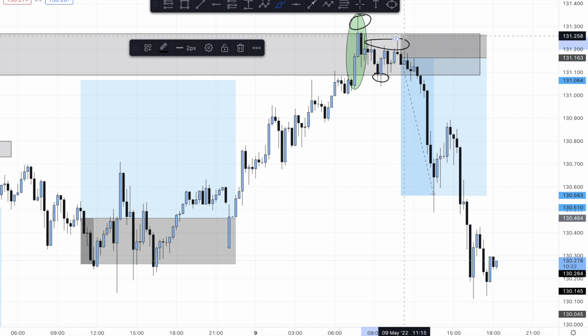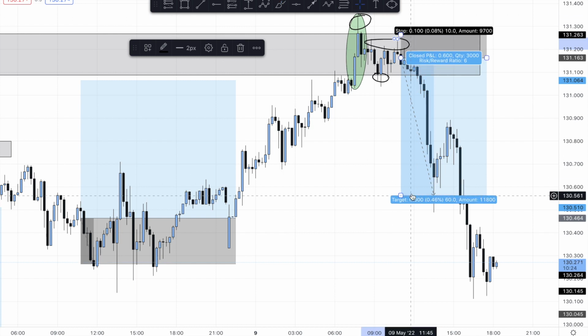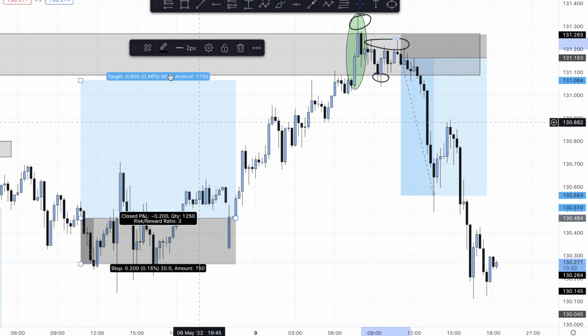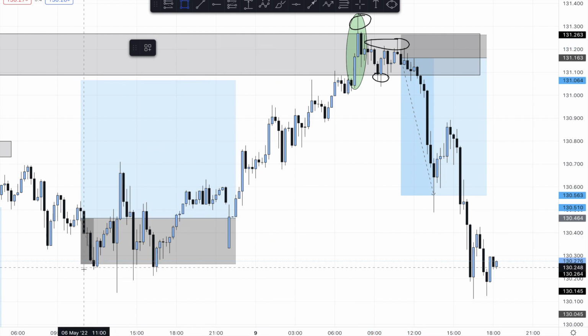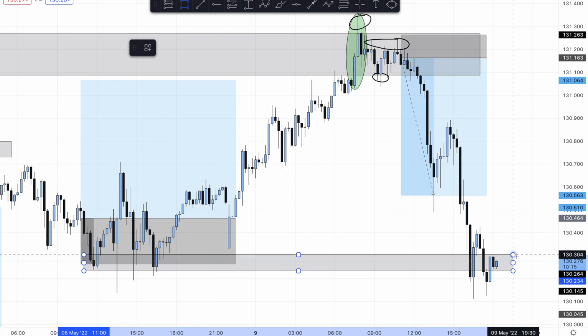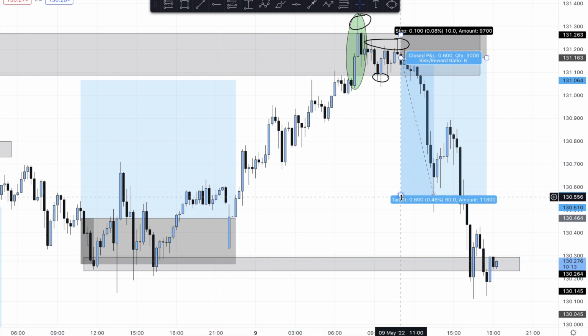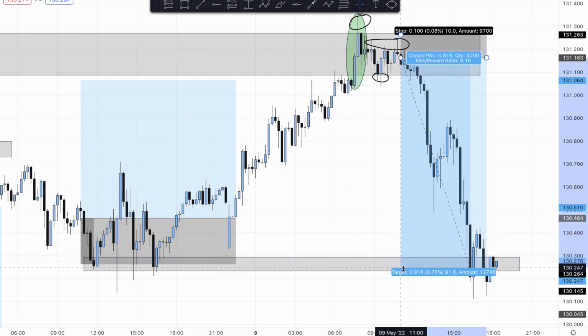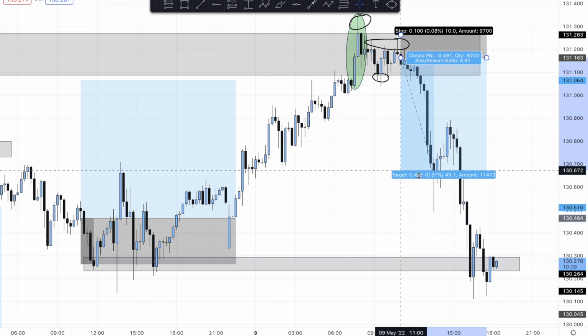Stop loss just above this lower high. So yeah, I'll put a signal here. As you can see, it's the exact entry, the exact stop loss we used, and the target that we used was a 1 to 6. So where we expected price to go into was this level here, which is where you can see price is currently at now, which would have made the trade a 1 to 9. However,